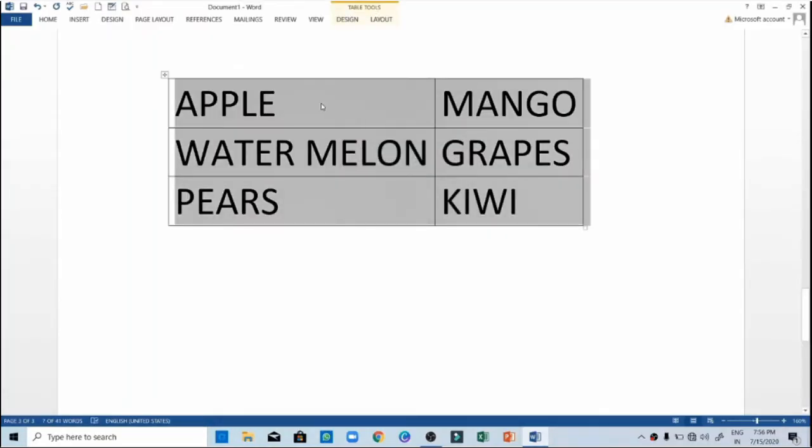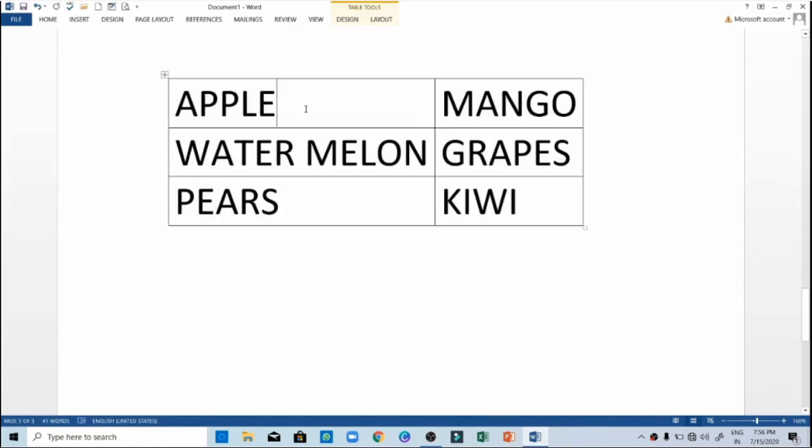See here, I have taken 2 columns, so you can see 2 columns are displayed and the list has got managed accordingly. We don't have to even manage where the text will come. Automatically it will take first, second, third, fourth, fifth, sixth, like that. So it will organize it on its own.